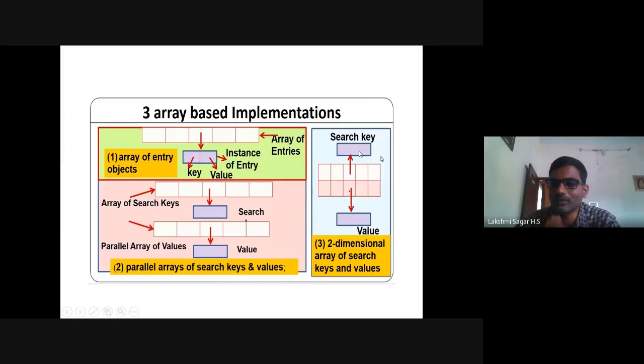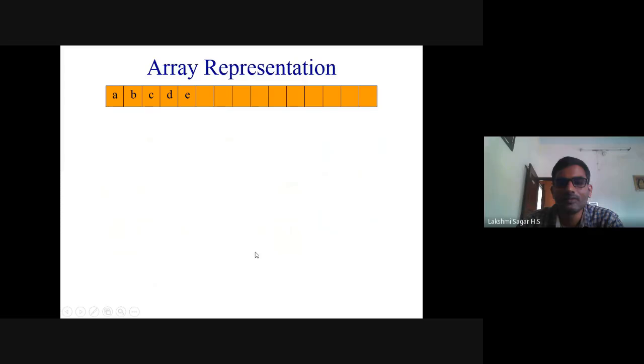It consists of search key and associated with that the value is present. In the array representations, this can be used to find the key. Suppose you want to find a key B, associated with this key B an element is present. If you want to access it, you can use the keyword get.